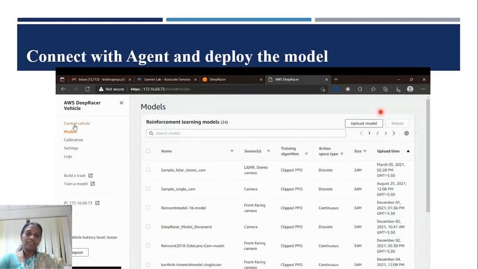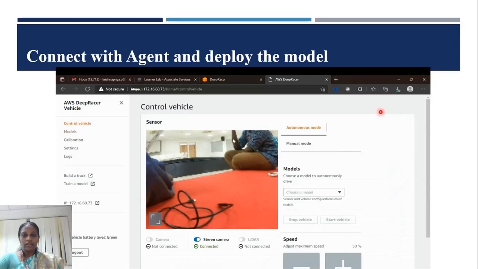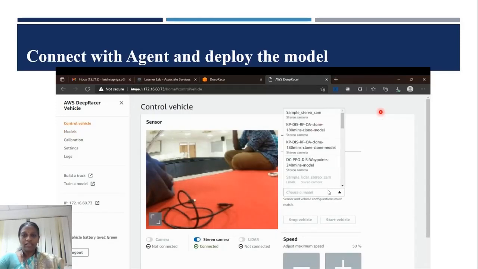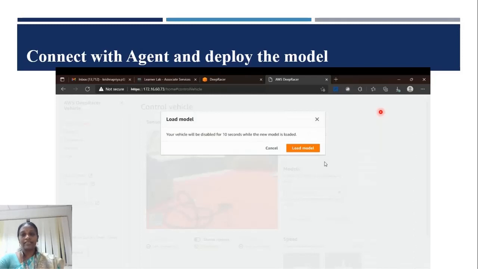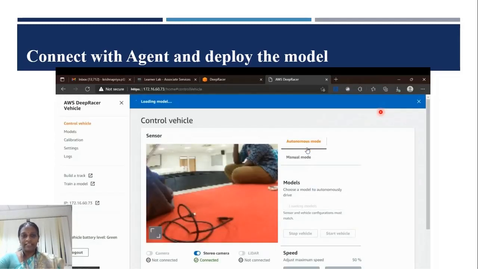Once the model is uploaded, I can go to control vehicle and choose autonomous mode. From that, I select which model I am going to use. This is the model I uploaded recently, and I am going to load it for the testing process.